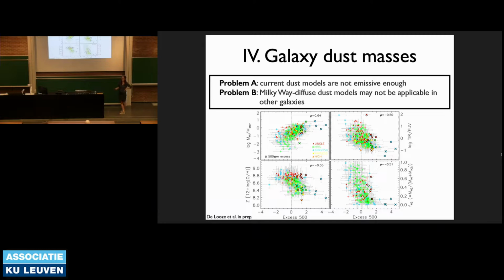So we've observed these trends, but it's unclear. So we're trying to see now: is it mantle properties? Is it carbonaceous versus silicate features? That's some of the things that I've been trying to investigate for this paper, and I didn't find any explanation. So trying to see whether it's the ratio of carbon versus silicate grains, with carbon grains being somewhat more emissive. But it's also difficult because dust models are currently always being updated, and then silicate grains become more emissive. But we haven't been able to find any explanation so far what could be the cause.